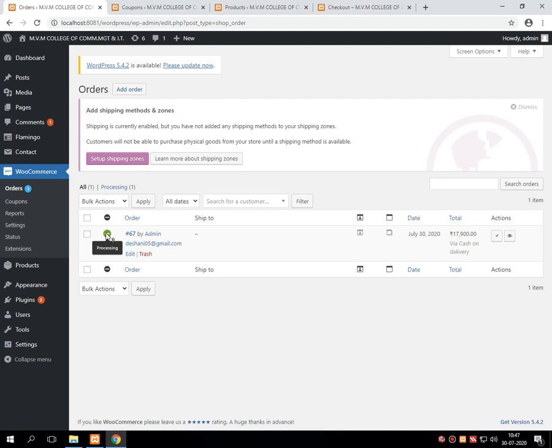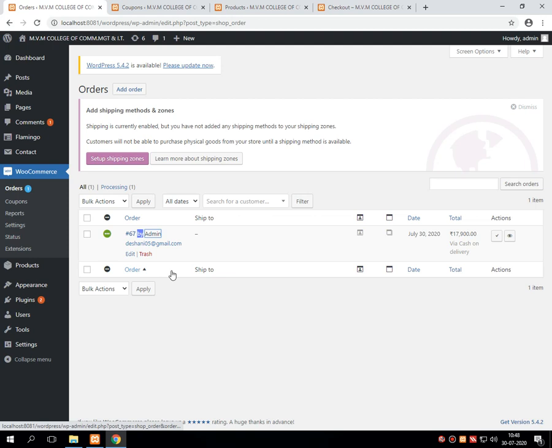The admin side has to take this particular order as a confirmed order, and then the further process goes on. So over here it shows processing. Your concentration should be on this green signal. Plus it shows an order ID by the username. In my system, the buyer is myself and the seller is myself, so it shows admin.